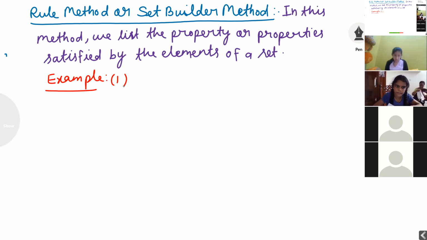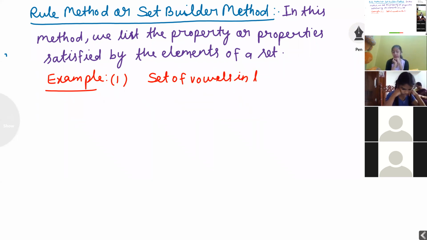By using the roster method, in the second example I took the set of vowels in the English alphabet. That same set I want to represent by using the rule method or set builder method. Set of vowels in the English alphabet.